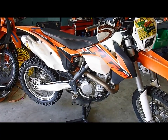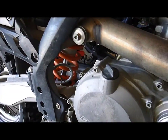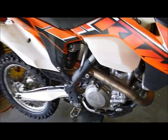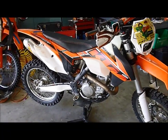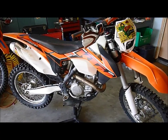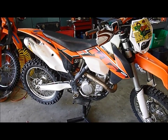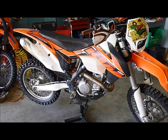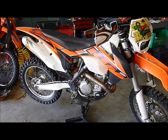I'm hampered by the fact that we don't quite have enough gearing without having a 6-speed, and I'm not really excited about no longer having a kickstarter. I do a lot of backcountry remote riding, and those are things that would be nice to have. But I do love the bike. If I was doing the kind of riding it was really designed for, yes, it would be right at the top of my list. Today, we're taking it back, so it's going away, but I'm bringing a 500 home,